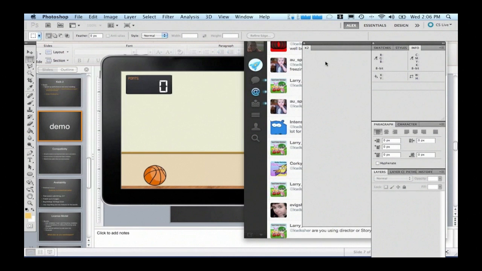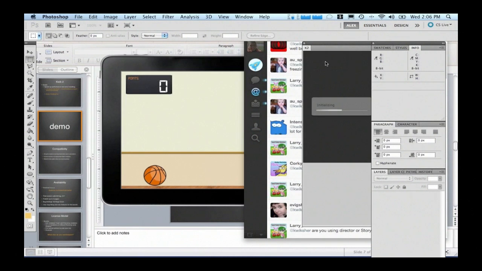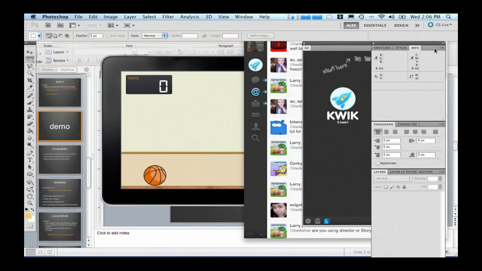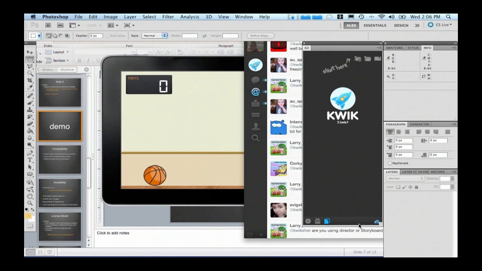And with that, I'm going to show you how to do that, as well as answer the question about the updates on the beta. If you can see here, I am using the latest version, so it's blue. But the moment that I add another update, it becomes orange when you start Kwik again. So you're going to be able to come here, click this, and it will send you to the update page.